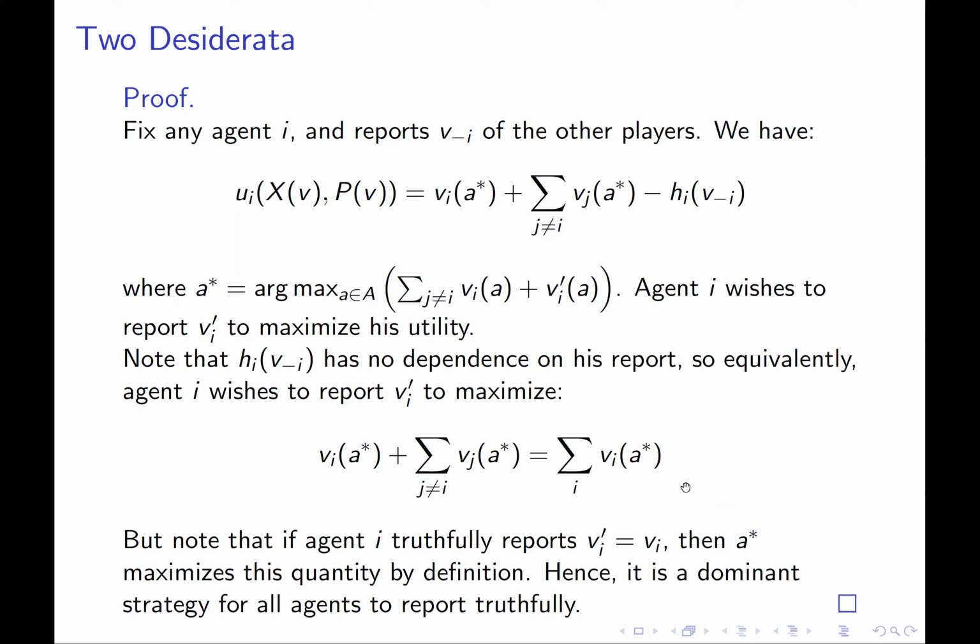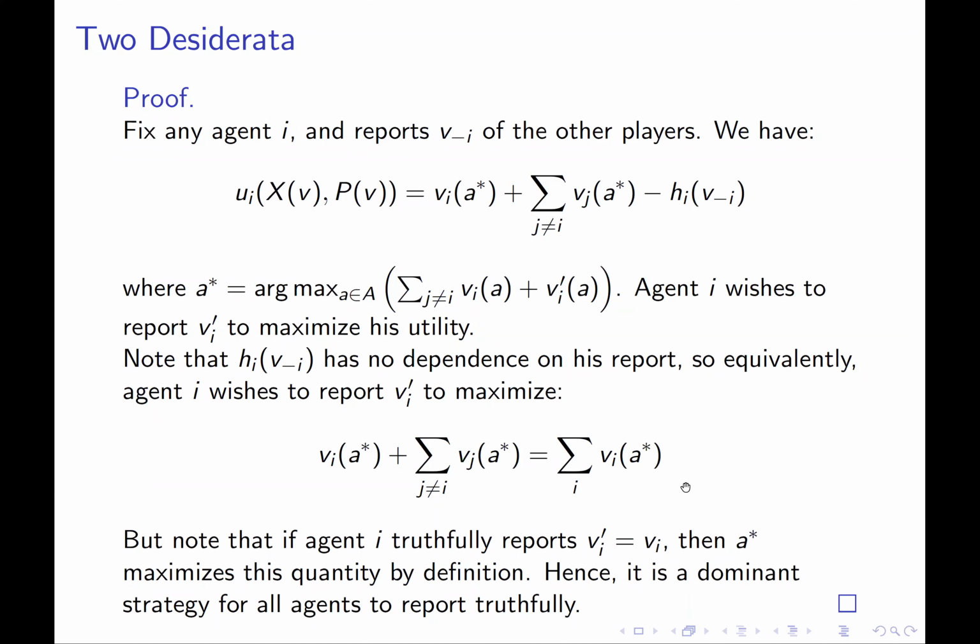Okay, but note that the mechanism is choosing A star exactly to maximize the sum of people's valuation functions as they are reported. So if I want to maximize the sum of the true valuation functions, including my own actual valuation function,